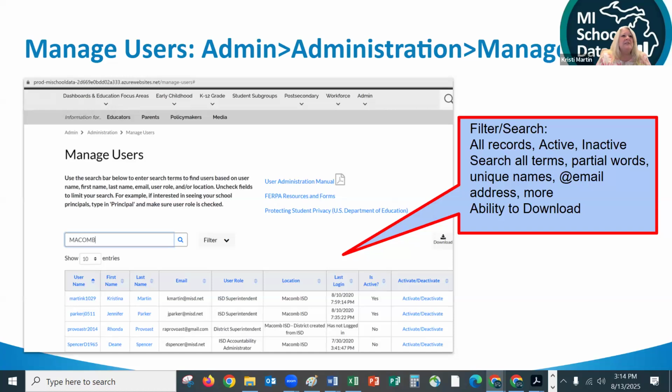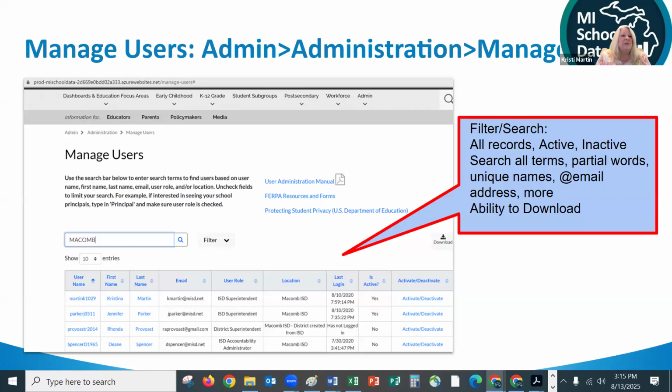We did talk about this. The ability to download is on the far right of the screen, and it comes down in an Excel file. It does list every permission that someone has, and those columns would need to be adjusted, of course, but all the information is there. It's absolutely wonderful, and it does give the last login date for someone,